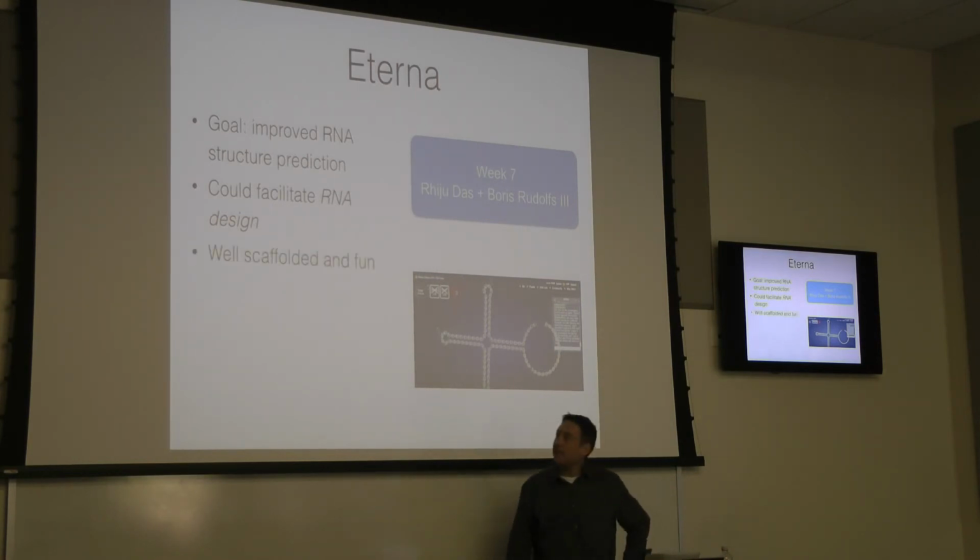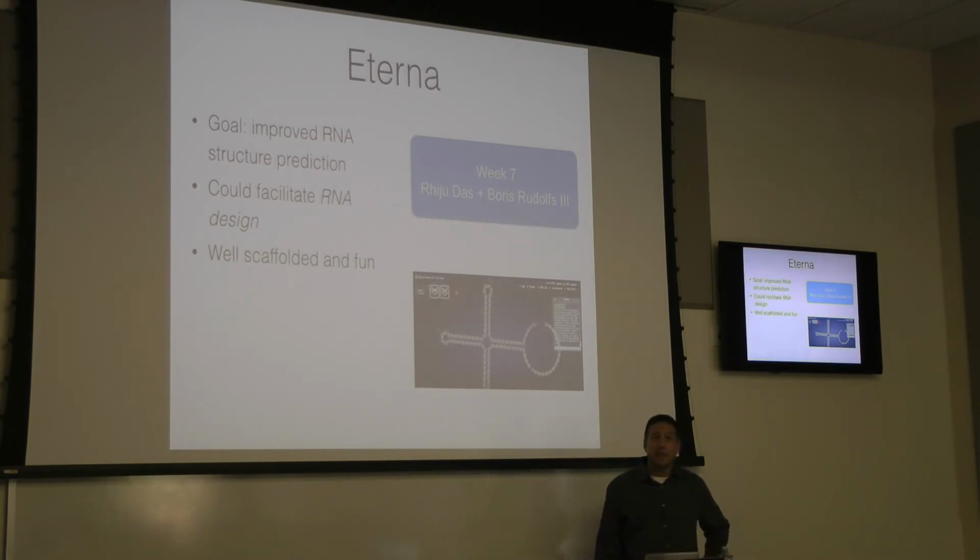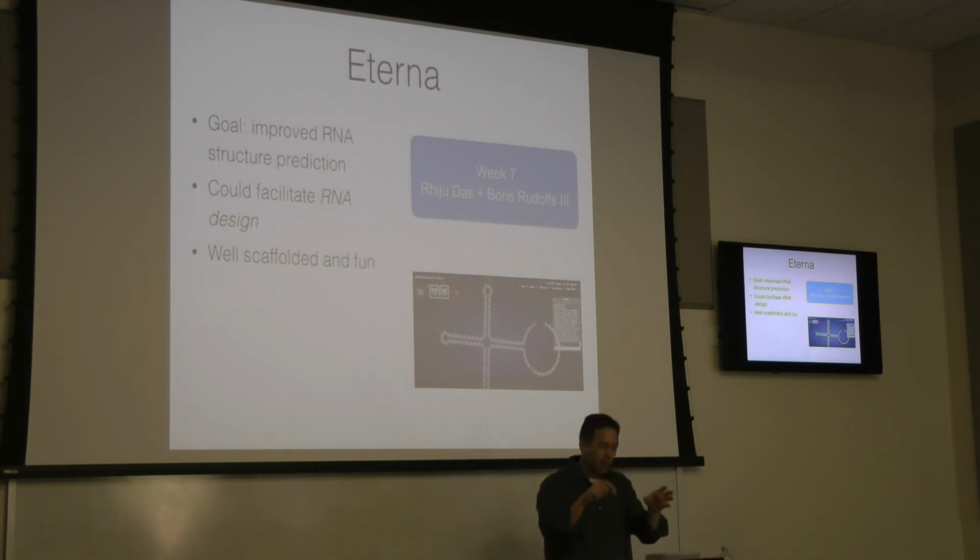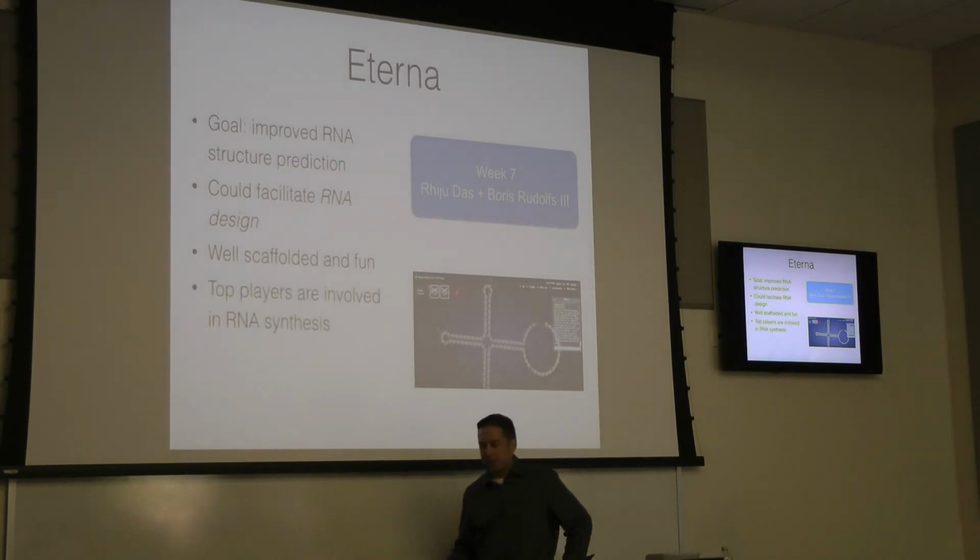And I'm very impressed with it. It's really well scaffolded. You don't need directions. You go in and little balloons are popping up telling you what to do. It's really pretty fun. It's very determinate, right? You just use these 4 different colors for the 4 nucleotides, and there's a target structure here. This person is failing right now to get the target structure, and so you change the colors until it goes into the right shape. And the early stages are just vetting you, right?